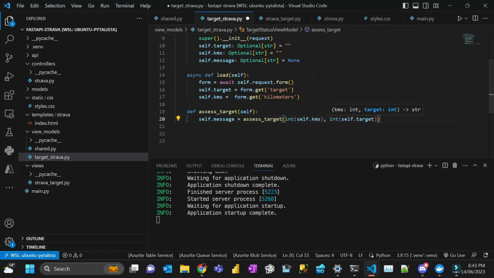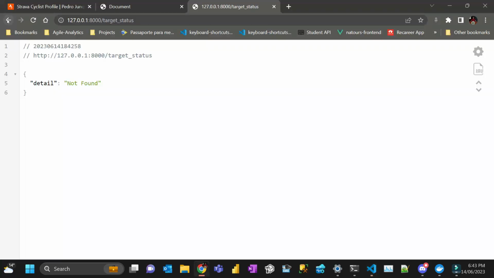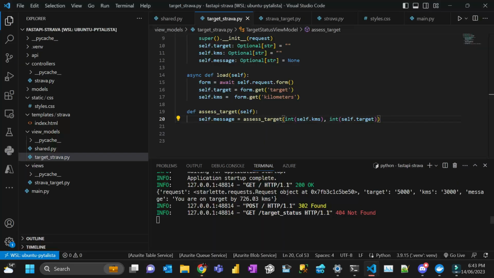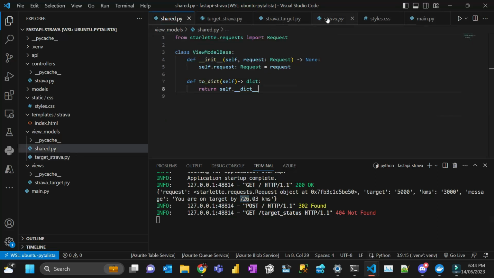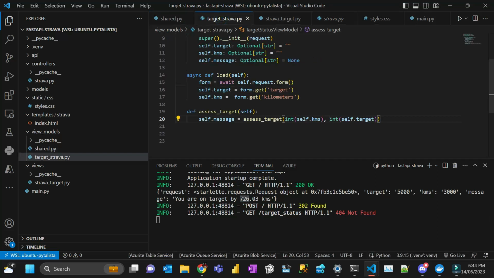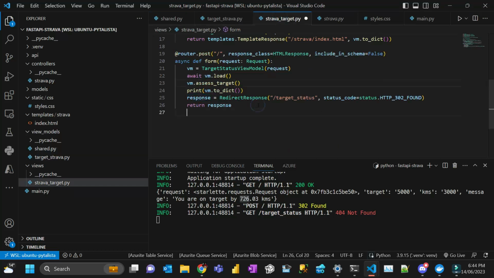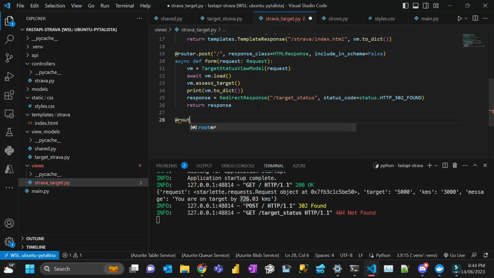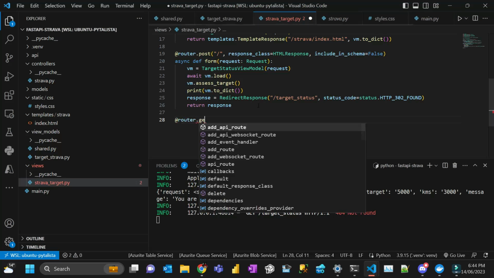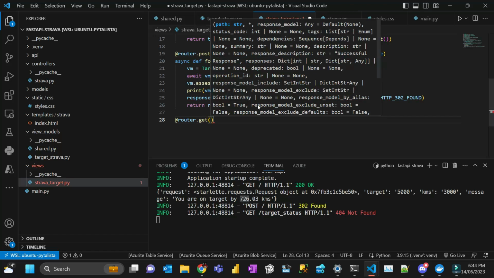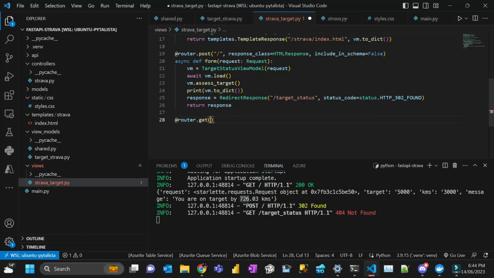Let's save and do it again. Yeah, now it looks fine. You are on target by 726 kilometers. Makes sense. So I think all the logic is fine. What we need to do now, the last piece of code that we need to write, we need to go here, do another route or another endpoint, view, router, and that's going to be a get, and the router is going to be that one here,